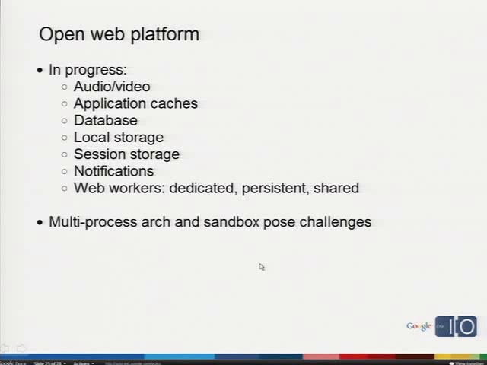Some of these things are already enabled in WebKit. So you might say, well, how come Chrome doesn't have them already? Safari 4 has it. It turns out that when you throw a sandbox around the rendering engine and divide it up into multiple processes, some of these things become much more complicated to support. What do these have in common? Application cache, database, local storage, they're all touching the disk. So there's file system access, which needs to be proxied or managed in some way